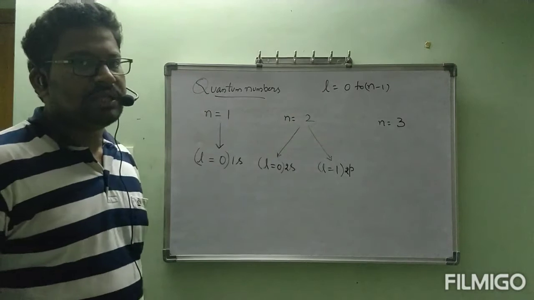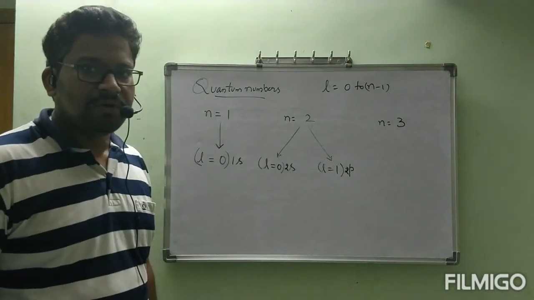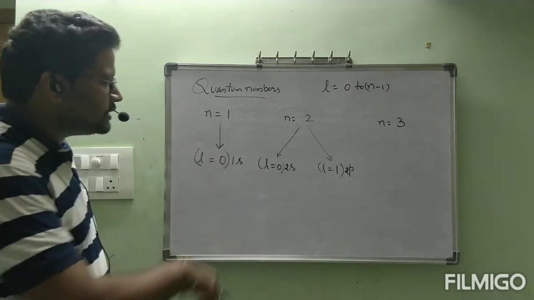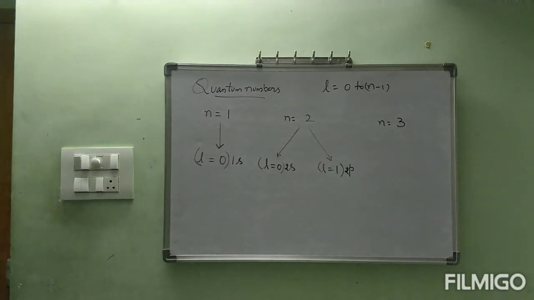Now, if you see N is equal to 3, you will get more clarity. Before that, observe this. N is equal to 1 main shell has one subshell. What is that? 1S. For that, what is the L value? 0. N is equal to 2 has two subshells. Those are 2S and 2P. For 2S, L is equal to 0. For 2P, L is equal to 1. Shall we go for third one? N is equal to 3. Let us see that one.